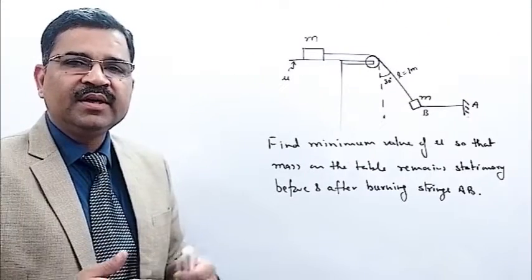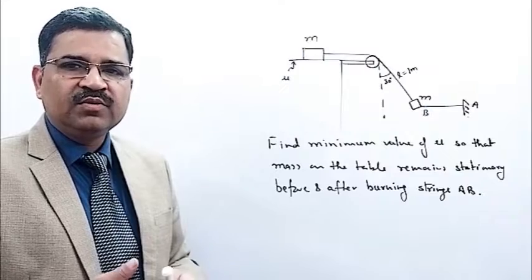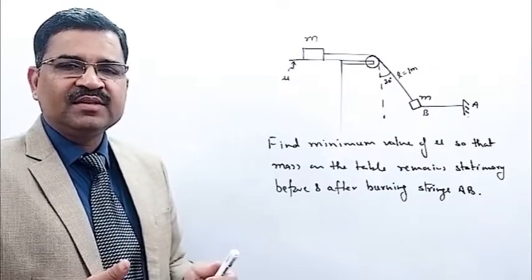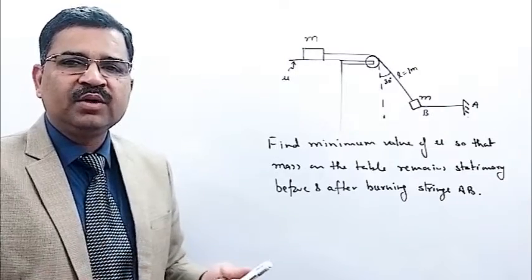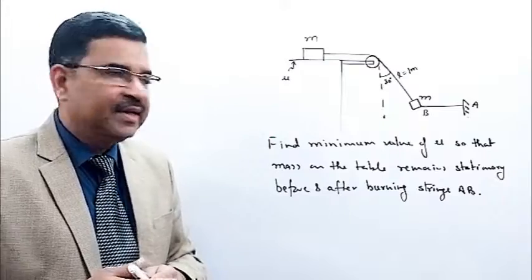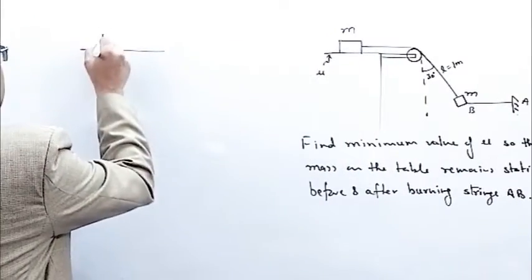Now before burning, let us make a free body diagram of both the bodies and apply the condition of equilibrium. That means we will find the component of the forces along x and y axis or in any two mutually perpendicular directions, and then we will equate the opposite forces. So let's make a free body diagram of mass small m first of all, which is placed on the rough